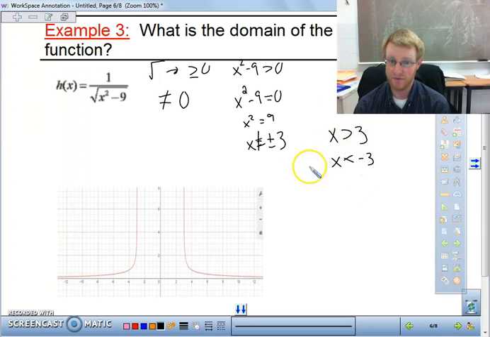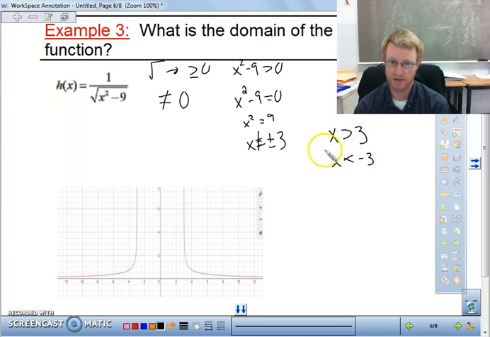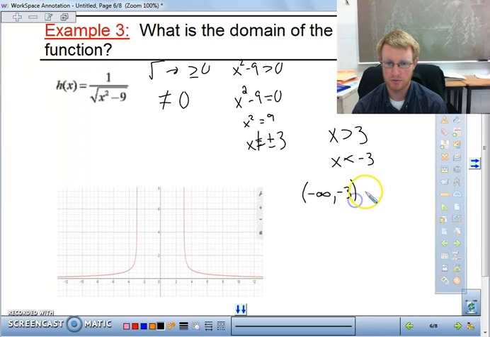So what does that mean? This is what we've just defined as our domain. We know that it can't be equal to 3 because that would make a 0 on the bottom. And we also know that it has to be greater than 3 and it has to be less than negative 3. So when we write out interval notation, we have negative infinity to negative 3, union, and it can, now